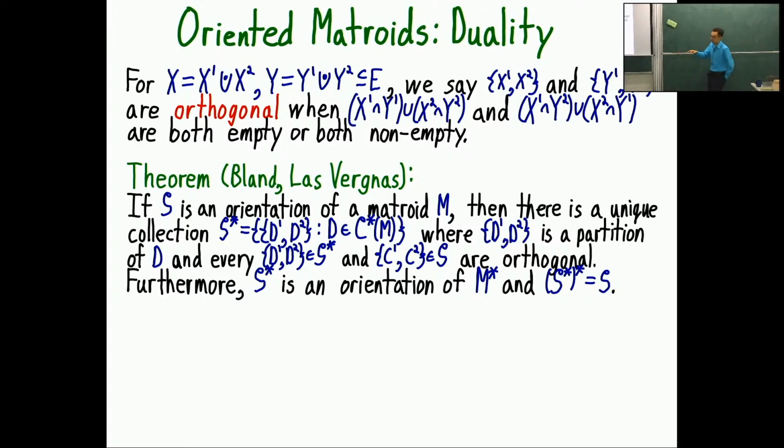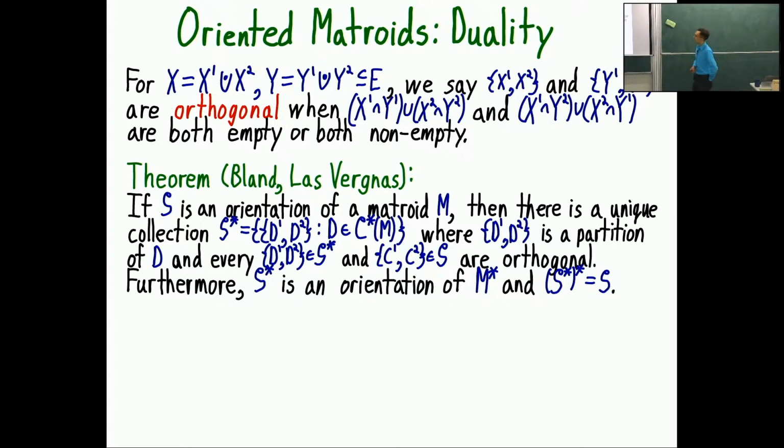And that's enough for matroids. This is enough for oriented matroids. So if I have an orientation of a matroid, I have a unique bipartition of the co-circuits, and in fact